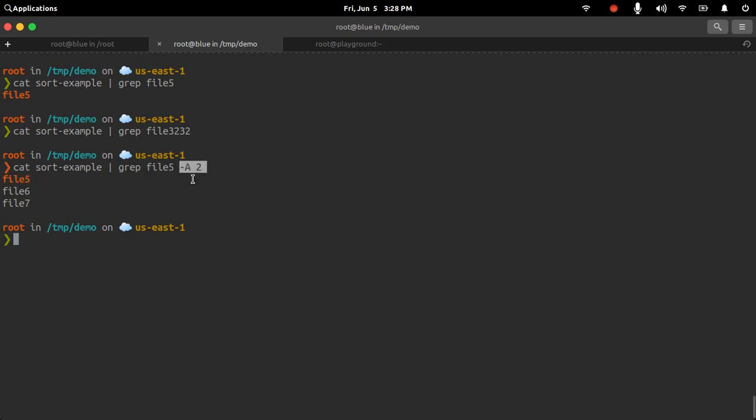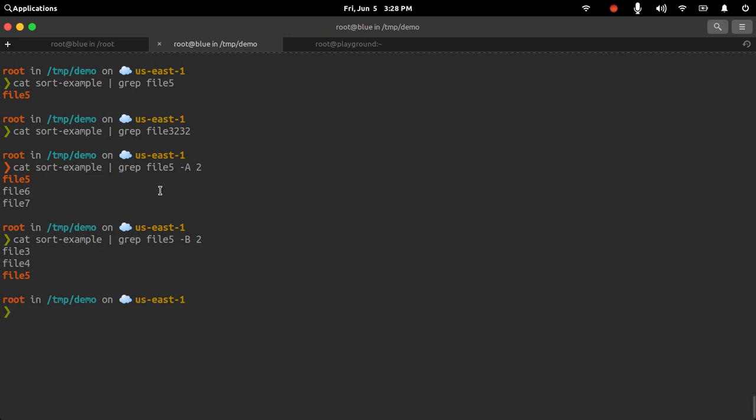Let's say you want to understand the context behind the search string. If there is an error message logged in your log file and you want to understand the context under which it happened, maybe the context after the error is valuable for you, or maybe the context before the error line is valuable, you can use this option. -A is for after, -B is for before.